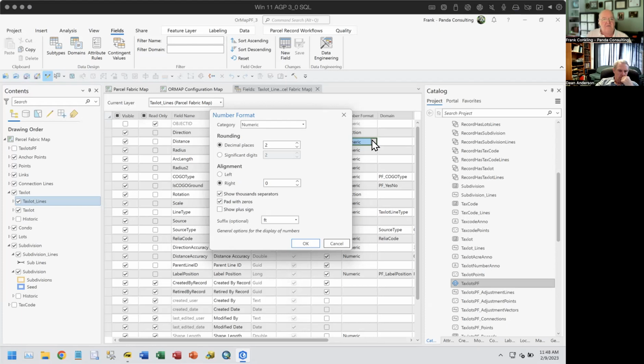There's nothing on here. One of the first things I do when I'm going to be working on a parcel fabric is to set the configuration of these data fields so that the distance fields and some of these other linear fields show 2 decimal places. I could set it to 3 if I wanted to, but 2 decimal places. And in fact, I want to see thousands separators, and I want to pad it with zeros. And most importantly, I want to see the suffix that it's supposed to be, because otherwise it's all